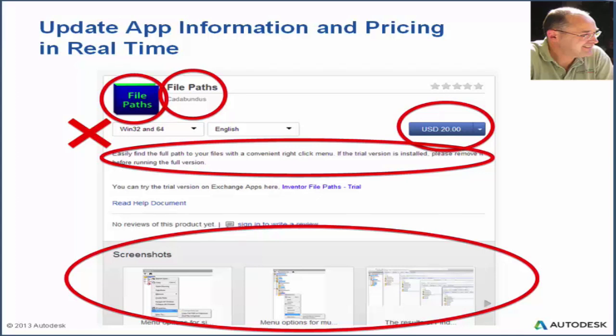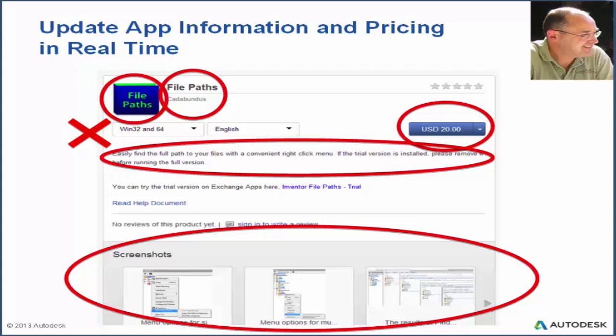The other thing is giving you the ability to update application information and pricing information in real time. Anybody here who's a publisher knows, if you want to make one tweak to anything, that tweak has to go through a review cycle at Autodesk, and that could take a week or 2 or 3, or if we're backlogged, 4, which I apologize for when that happens. We are about to turn the switch where existing apps in the store, you can change anything except the app itself, and that will